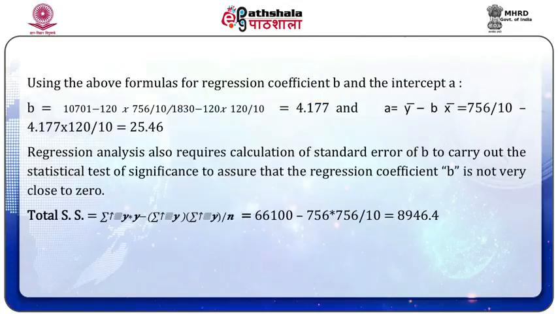Using the above formulas for regression coefficient b and the intercept a, b is equal to (10,701 minus 120 into 756 upon 10) upon (1830 minus 120 into 120 upon 10) is equal to 4.177, and a is equal to y bar minus b x bar is equal to 756 upon 10 minus 4.177 into 120 upon 10 is equal to